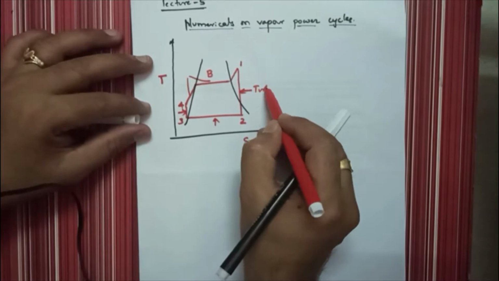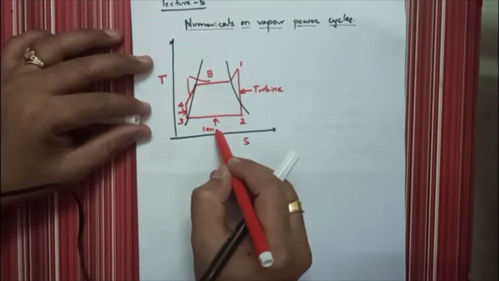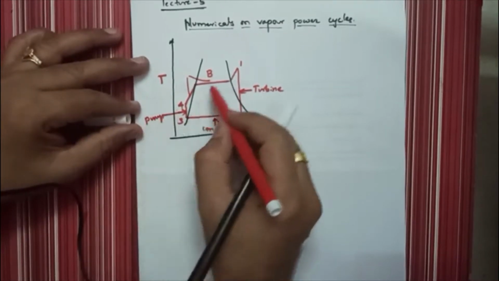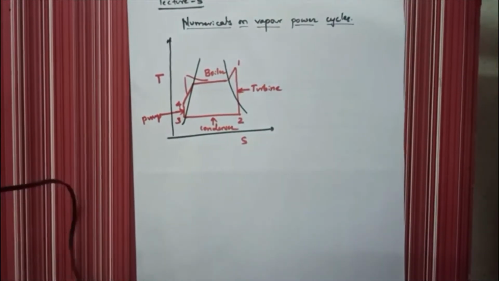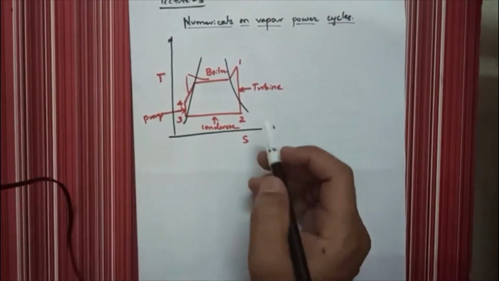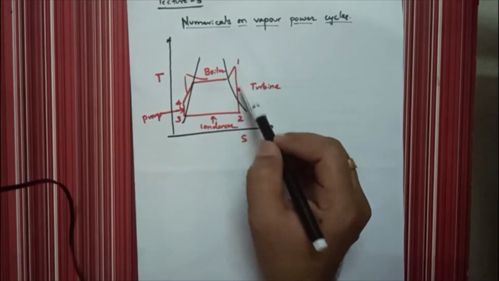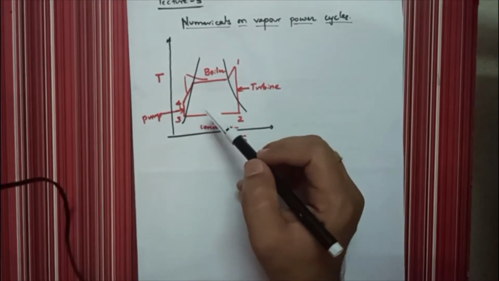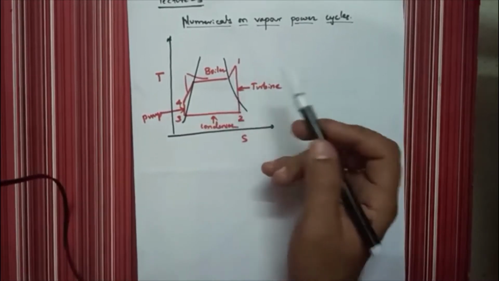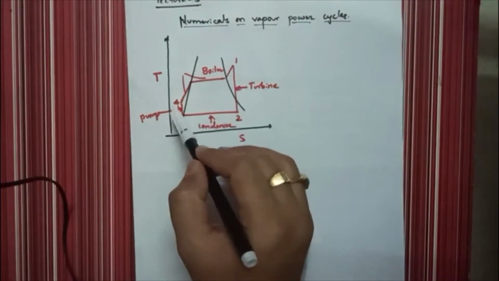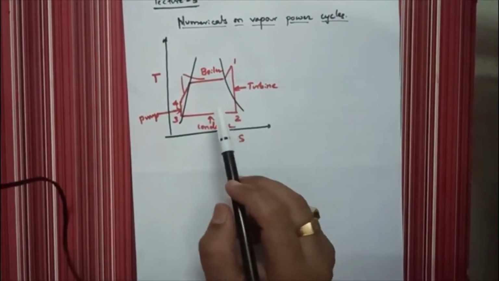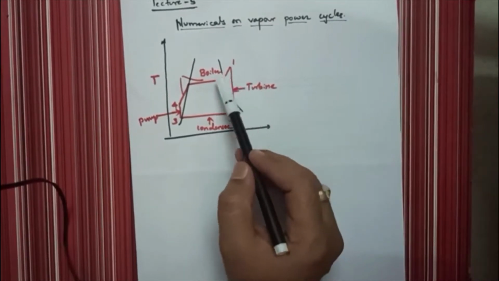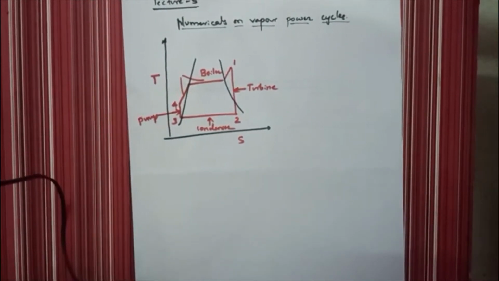This is turbine, condenser, here it is pump, and here it is boiler. Okay, so in the previous lectures we have taken different notations. For turbine you have taken 3 to 4, and for condenser you have taken 4 to 1. And dear students, it is left to you. Different books will take different notations. So don't bother with the notations, whether you have taken 1, 2, 3, 4 or A, B, C, D. Just see the name of the component and what type of process it is. Okay, here, so this is an ideal Rankine cycle.